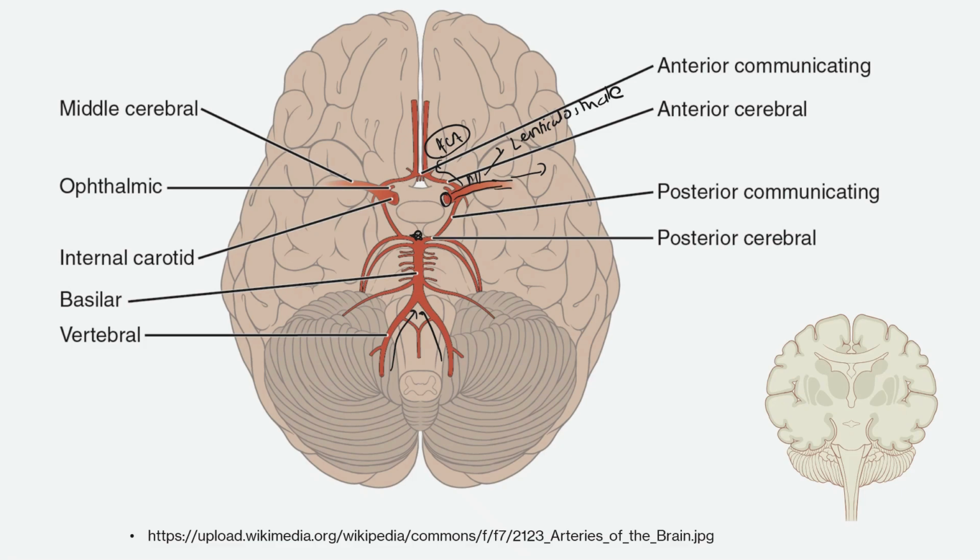If we see on this coronal section of the brain, the middle cerebral artery will be supplying this area of the brain, whereas anterior cerebral artery supplies this medial side. Alright,